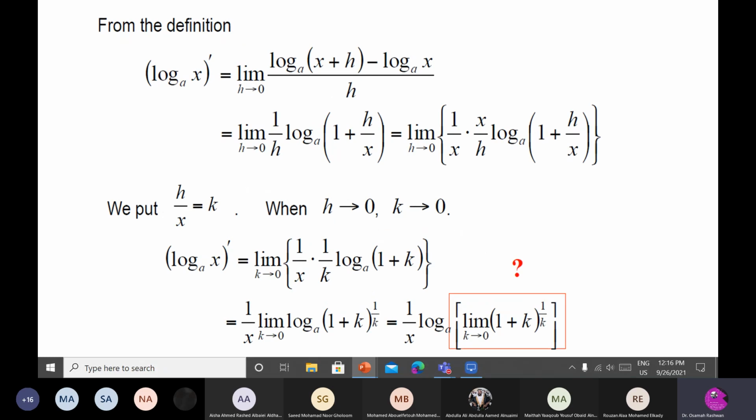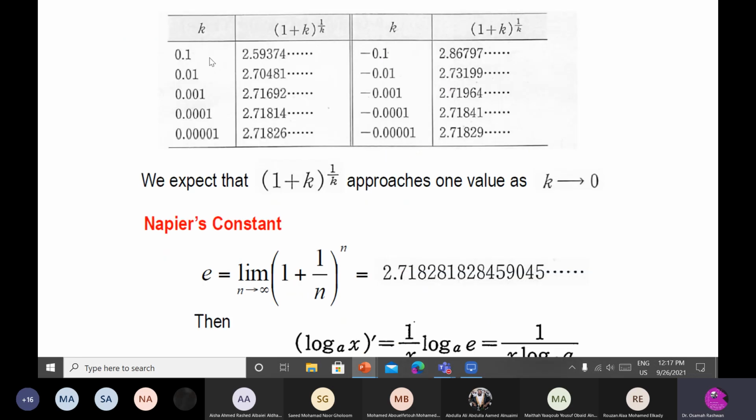How to find the derivative using the definition? We know how to use the definition. We add x plus h instead of x, and f of x plus h minus f of x over h when h tends to 0. This is the limit, but we end up with a problem with the limit of (1 plus k) to the 1 over k when k tends to 0. We don't have L'Hopital's rule now,